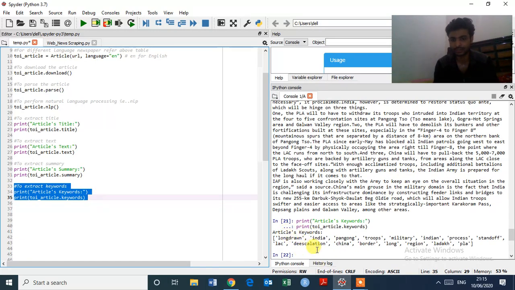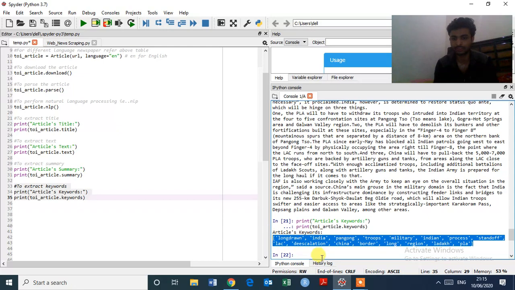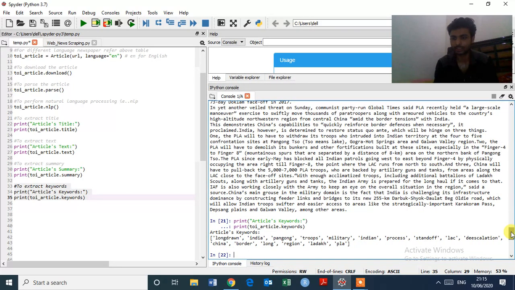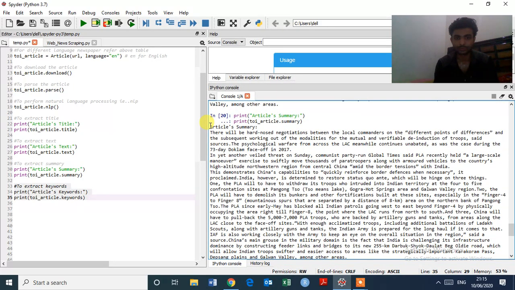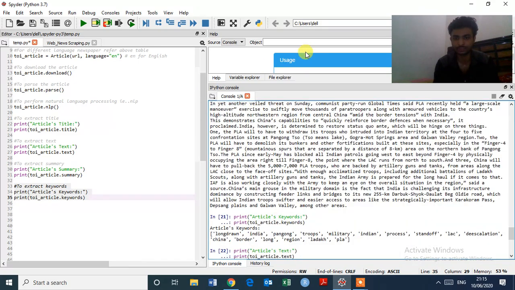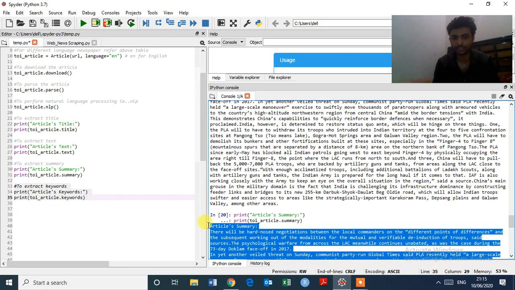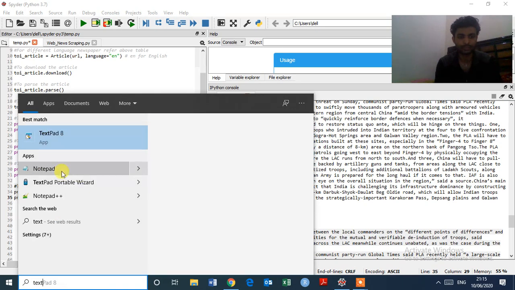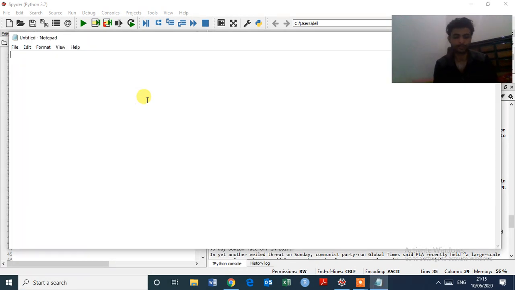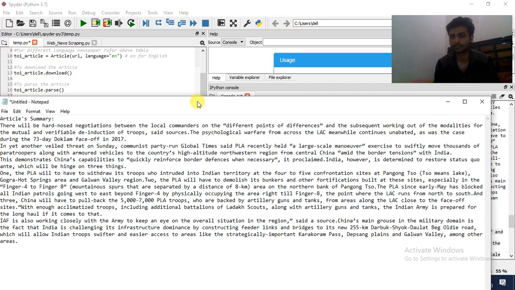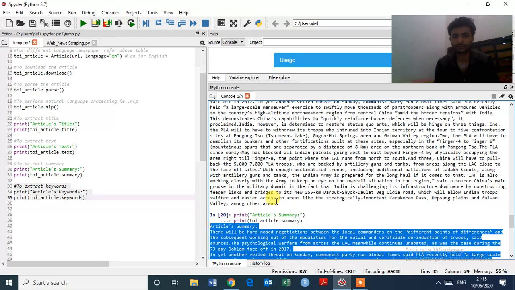So here you can see the article's keywords. And suppose we need to save the article, just select this and copy it, and type here text, notepad, and paste with Control V. Okay, so this is the article summary. You can save this.